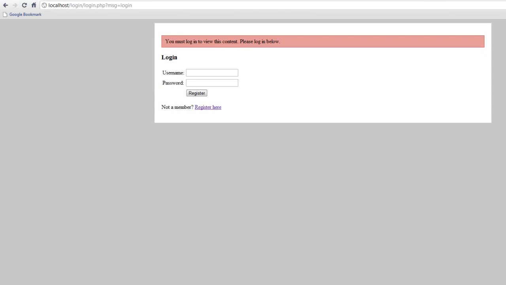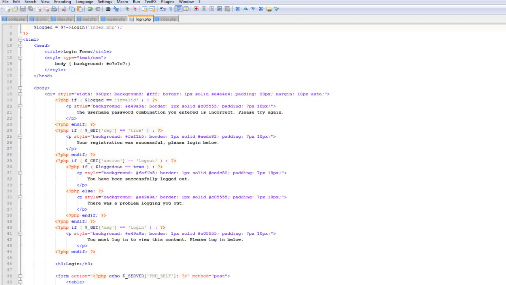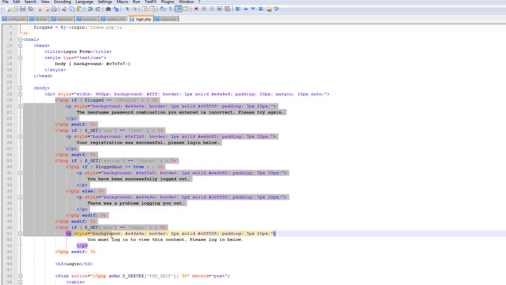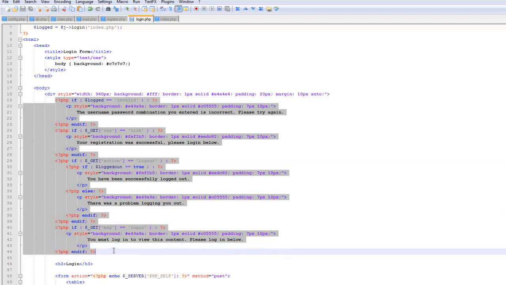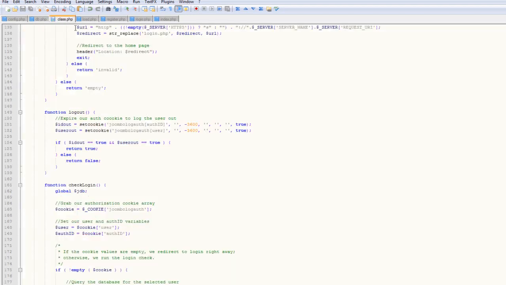Now just a couple more things that you may be wondering. For example, I have this, you must be logged in. I have all these error messages at the top here. Essentially the way I did that, just so you can see, is I have this block of code right here, and this handles all the messages. So if logged equals invalid, then we're going to print this error message: the username password combination you entered is incorrect. Okay, so if we go to our class,